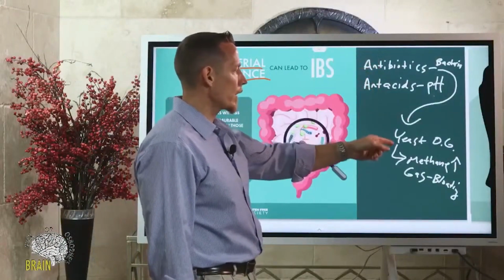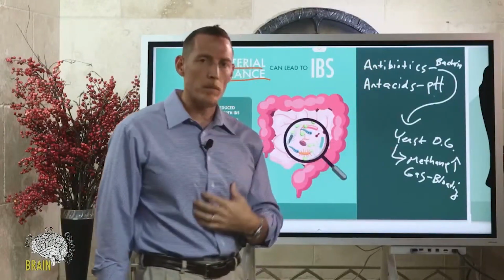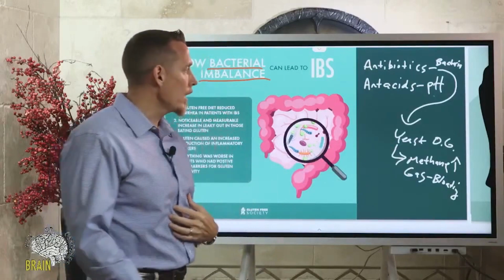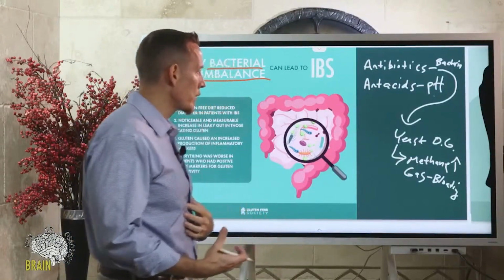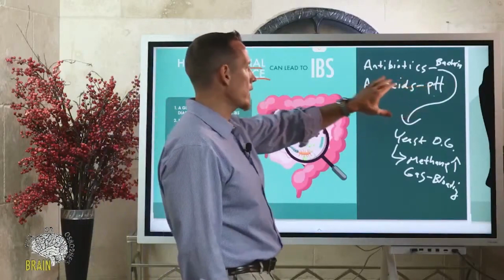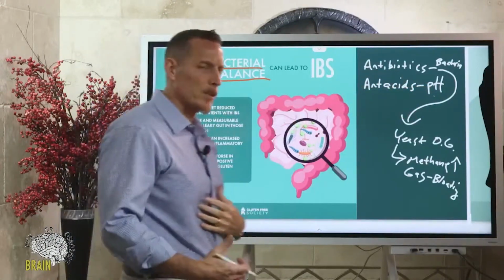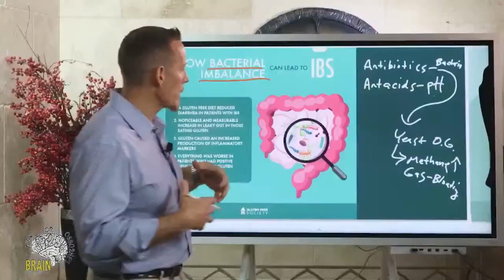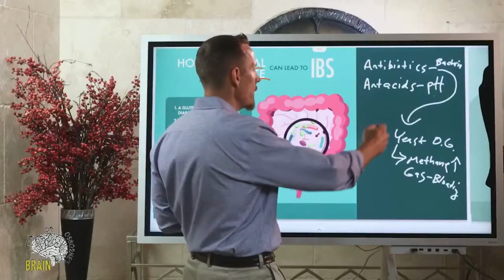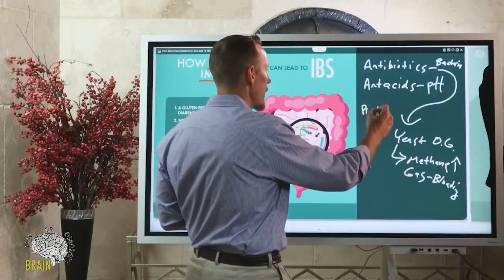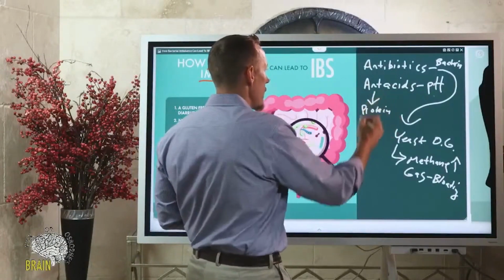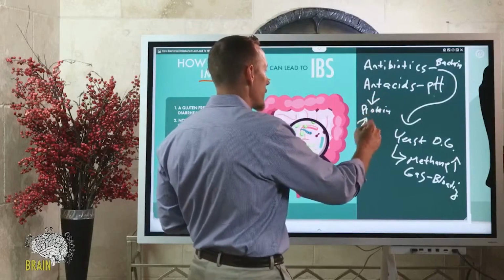Again, antibiotics, number one cause of a yeast overgrowth. Yeast overgrowth in the bowels is one of the things that can cause imbalance in the way the bowels move and work. And antacids, because of their disruption of the pH in the stomach, can lead to inability to properly digest the protein. So now when the protein's coming down into the small intestine, it's not properly digested, and that leads to fermentation. That protein from the meat or from the food that you're eating, because of the alteration of the pH, it's not digested, so it ferments.